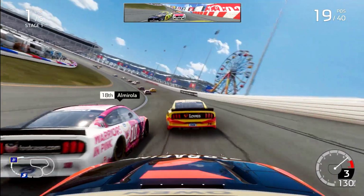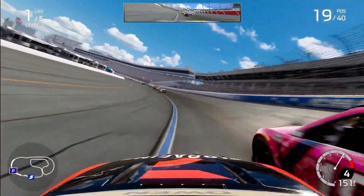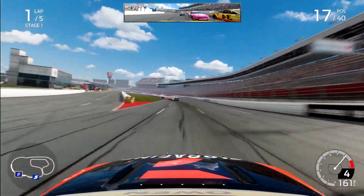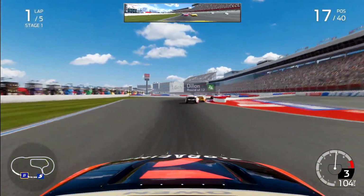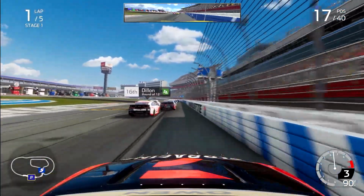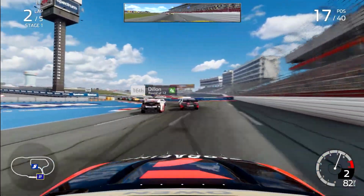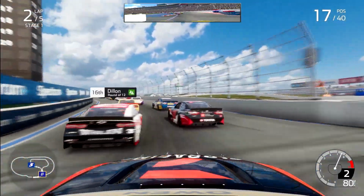I went wide there just out of natural instinct and drove right into his quarter panel, but now we're going to get the elbows up, make it 3 wide with him, as well as Eric Almirola, and then the number 10 machine back up to P17 we go. And right off the bat, feeling out the vibes, we can see this is going to be an elbows out physical kind of day here in this Charlotte road course, if that first lap is a teaser to anything, to